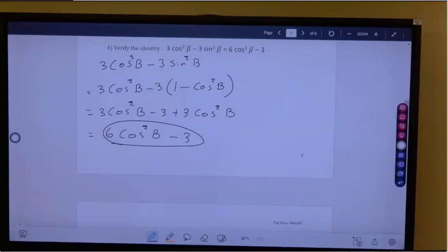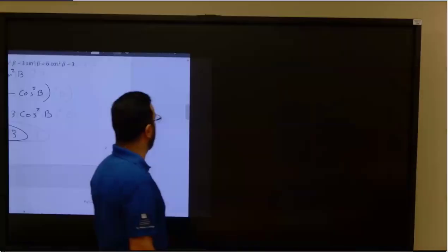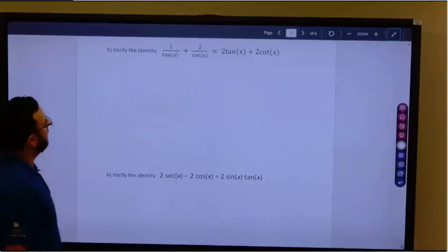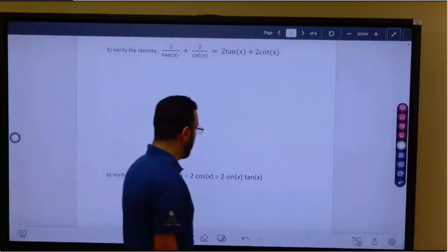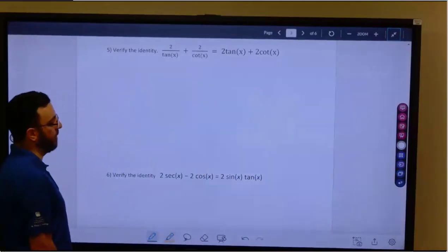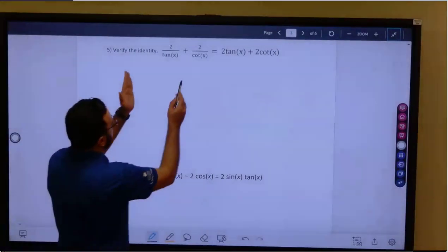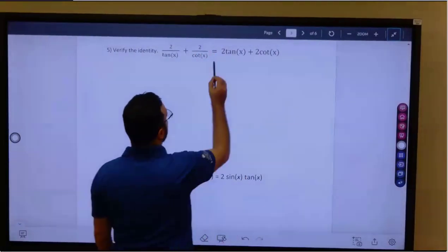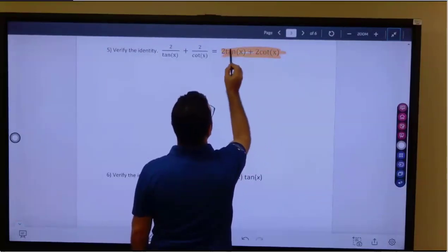Let's go to the next problem. Number 5. We need to verify the identity, again using the same rules from section 7.1. If you look at this above, I need to prove this side equal to the right side. So that should be my result, which is 2